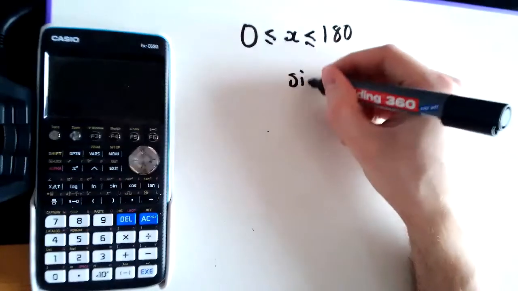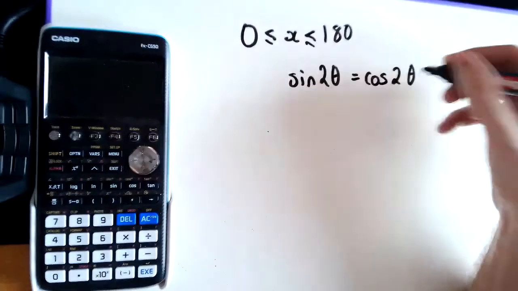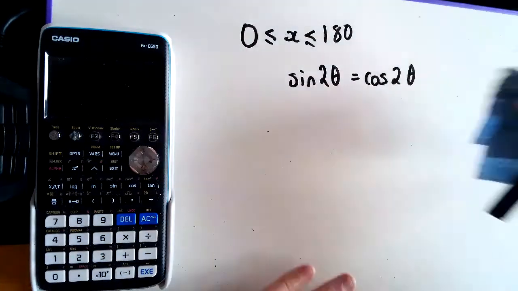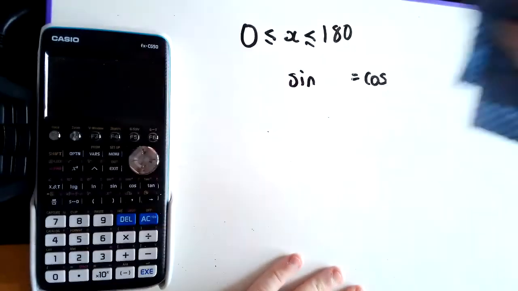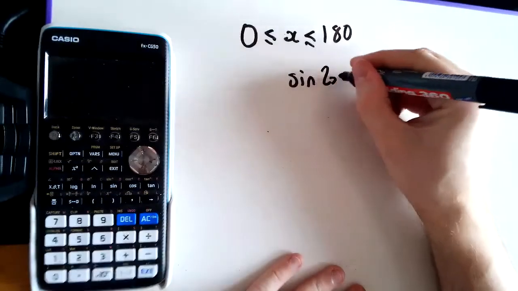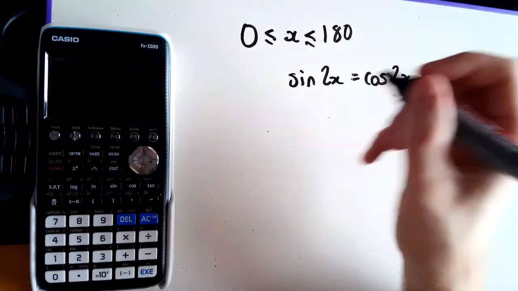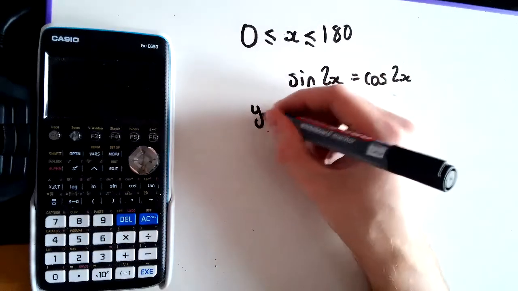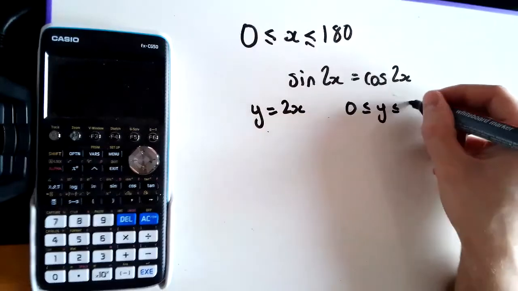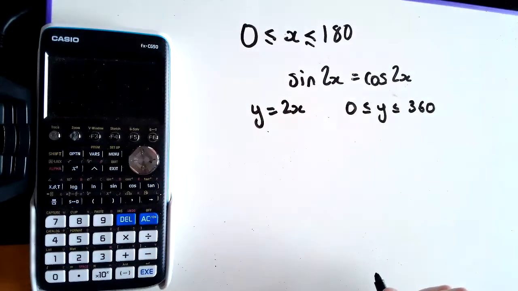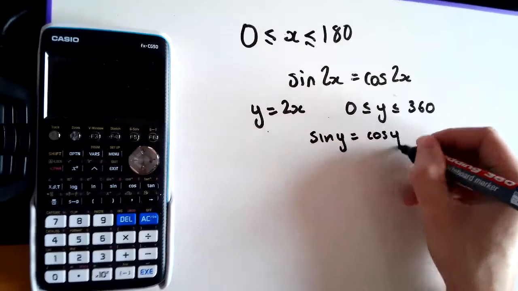So just to start off, if we were asked to solve this equation, sine 2 theta, I've used x, haven't I? Sine 2x equals cos 2x, where x goes between 0 and 180. Hopefully, you would spot that if we make a substitution, y equals 2x, then y goes between 0 and 360, just times the interval by 2,